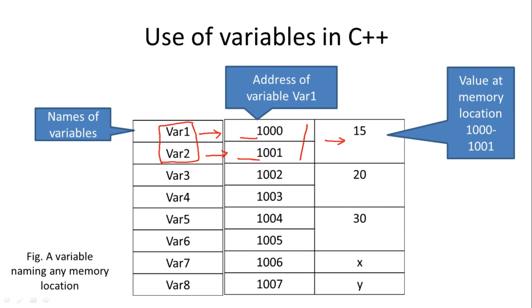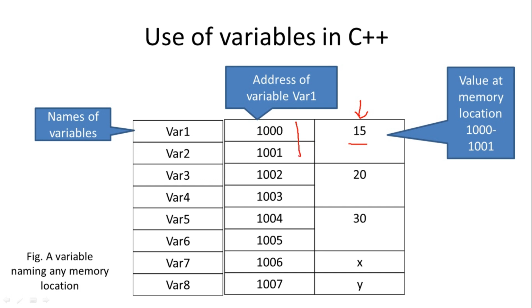So we can say that this location can be indicated by a single name, for example var 0. So variable 0 is naming the memory location 1000, and at memory location 1000 the value 15 is stored. So here a variable is used for naming any memory location. While using a program, if we want to use some values, for example integer, fraction, or character values, those values will be stored in the memory, but for actually using those values in our program, we will give some name to the location at which that value is saved.